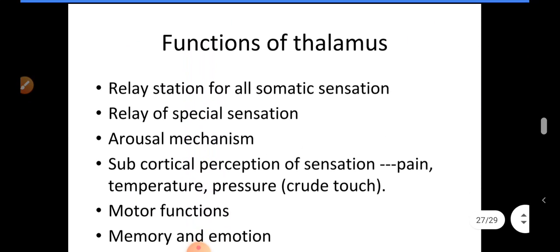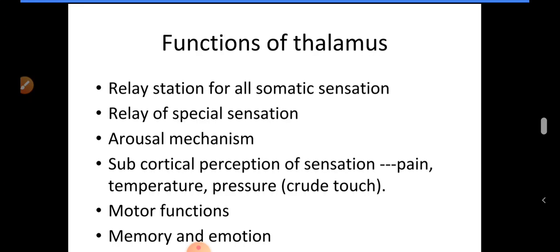Now what are the functions of the thalamus? The thalamus is a relay station for all sensory impulses except olfactory, which reach the thalamic nuclei, and the nuclei relay them to the cerebral cortex by a series of projection fibers, collectively termed the thalamic radiation. Whatever projections are going to the cortex are called thalamic projections or the ascending thalamocortical system. Because of this, the thalamus is usually considered the head ganglion of all sensory systems.